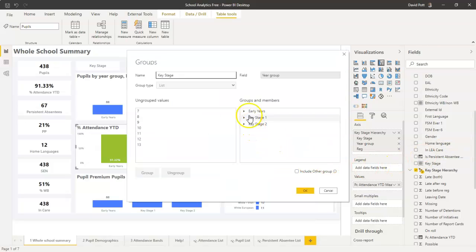And if you're a secondary school, you'll find that the existing groups are here, early years, Key Stage 1 and Key Stage 2, and they may or may not have pupils in them. But what you will undoubtedly find is we have some ungrouped values. These are the year groups that aren't in one of the existing groups. So all we need to do is basically create a group called Key Stage 3 and put year 7, 8